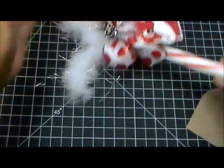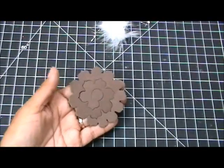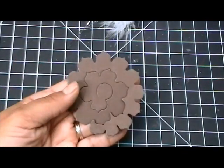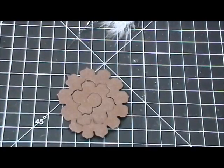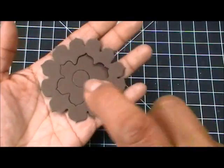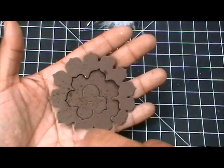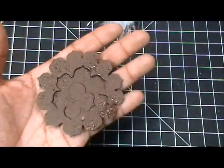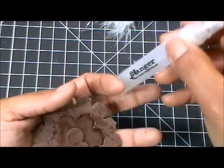I love it. Okay, so now I am going to show you how to make that little pine cone. Now, I think Liz's came out way better. Mine was just kind of looking weird for a little bit, but I got away with it. Here I am just spritzing it with a little bit of water because